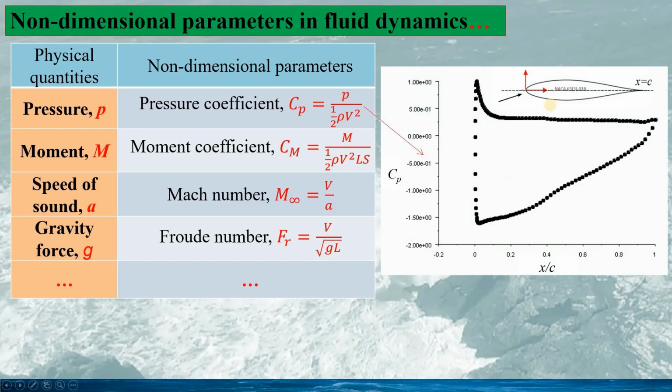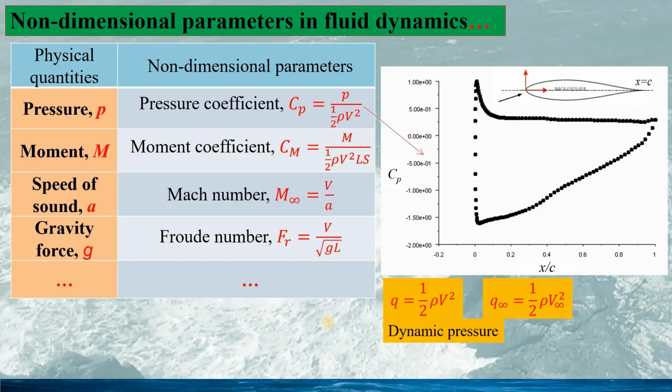For example, if we examine the pressure distribution on the airfoil, normally we will give a plot like this, the pressure coefficient against the relative position on the airfoil. We hardly give the direct pressure from our study. And here, one physical quantity called dynamic pressure, Q equaling half rho V squared, or Q infinity equaling half rho V infinity squared. We have seen this in the definition of the force coefficient.